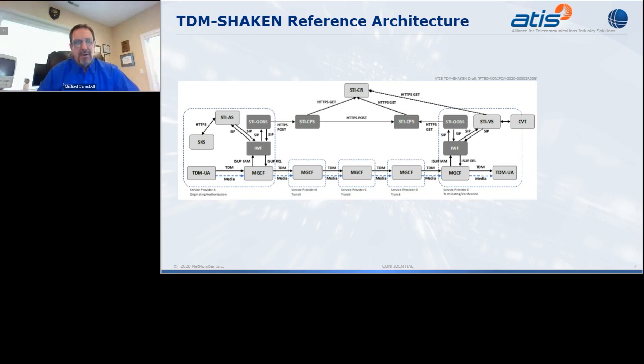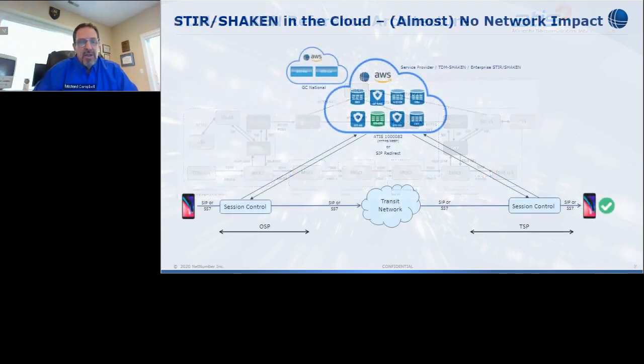Now, there are a lot of boxes here, and what this probably means to you as a carrier, if you just look at this and start counting up all the boxes and all the functions you have to put into your network, is that this looks like a devil of a network impact and a real serious job to even think about. Now, happily, what a great number of STIR/SHAKEN solution vendors, including my own company, NetNumber, have done is implement STIR/SHAKEN in the cloud. So all of the boxes that you saw on those reference architecture diagrams have been implemented. Maybe this is an exercise for the student: go back and check the boxes on the previous diagrams and see that they're all here in this one.